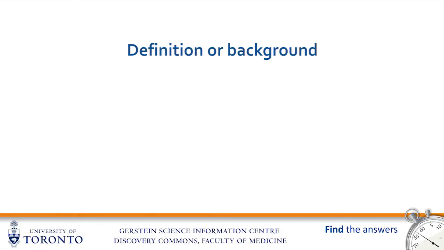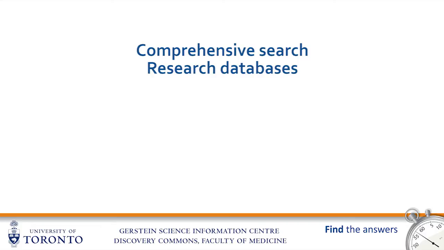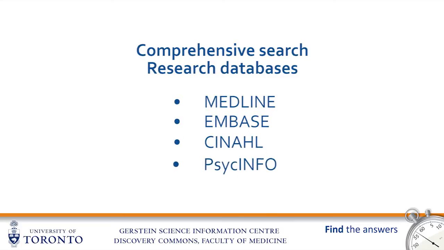For different types of questions, there are different places to find the answers. To find a definition or other background information, you'll go to an online dictionary, a textbook, or Wikipedia, as we learned in the first series of tutorials. When you're conducting a comprehensive search, or in other words, trying to find everything on a topic, as students are for their Doc 2 ILPs, or as for a systematic review, the gold standard tools are research databases like Medline, Embase, CINAHL, and PsycINFO. In these databases, you can find articles using words in the titles or abstract, but articles